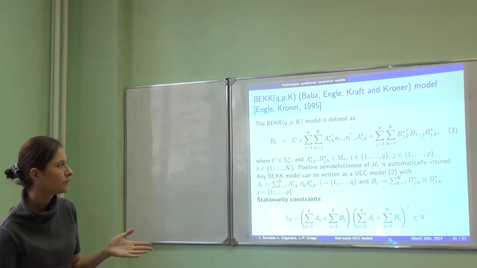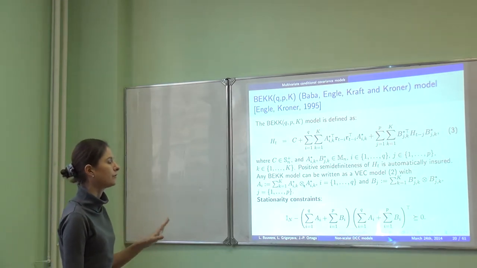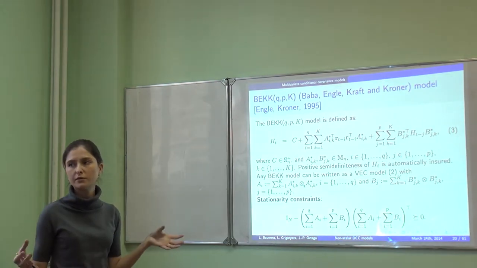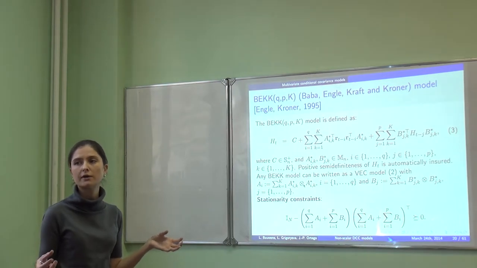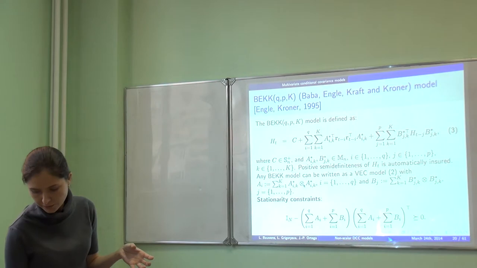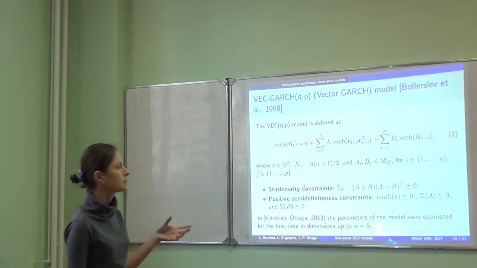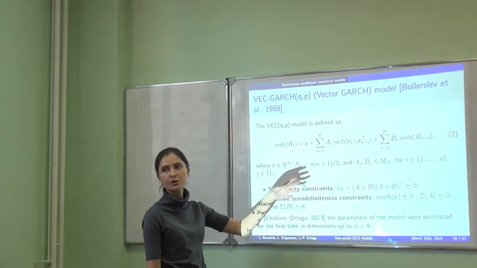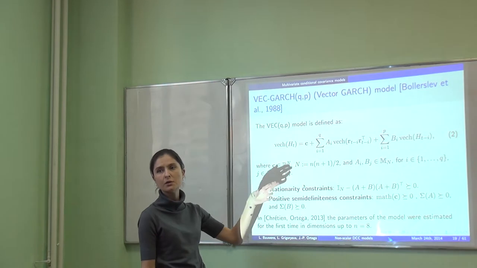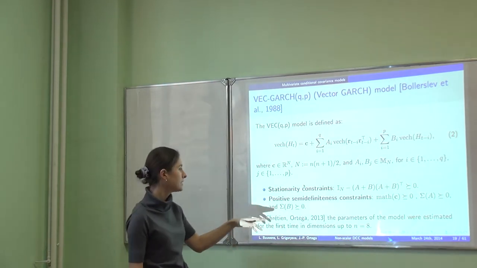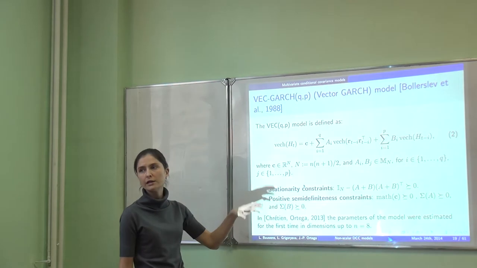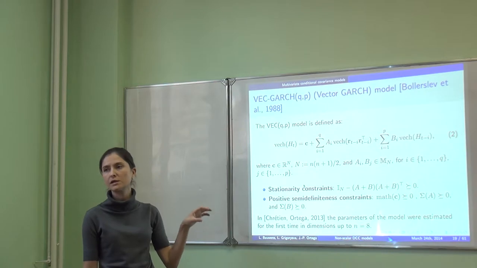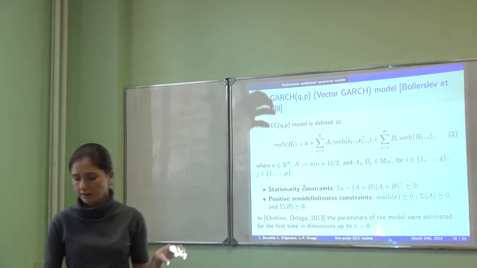So what other models can there be? Well, there are many different models. What is the main concern behind trying to come up with different models for such conditional covariance matrices? It is to come up with a nice parameterization, in the sense that we would like the dimensionality of our parameters to be as small as possible, so that the estimation is feasible, and at the same time, to get rid of at least part of the constraints that we have. Otherwise we always have to deal with constrained optimization, which is highly non-trivial.